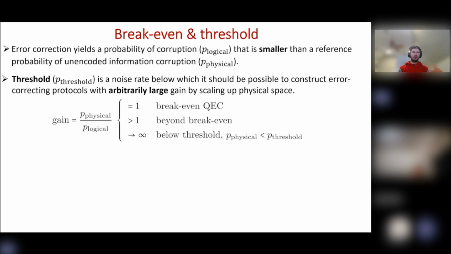Of course, you want to go beyond break even. So this break even QEC is called a pseudo threshold sometimes. But then the idea of a threshold is that now you have a family of codes for increasing numbers of qubits, or whatever bodies, subsystems you have, oscillators, modes, etc. You have some number n of them, and you're taking that number to infinity, and the gain will keep growing with each element of the family